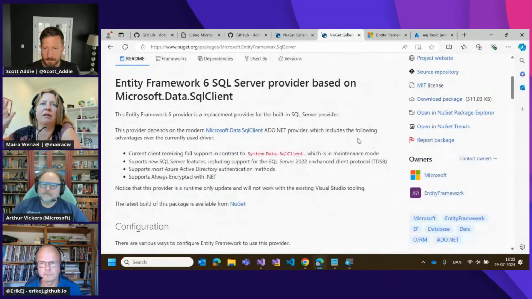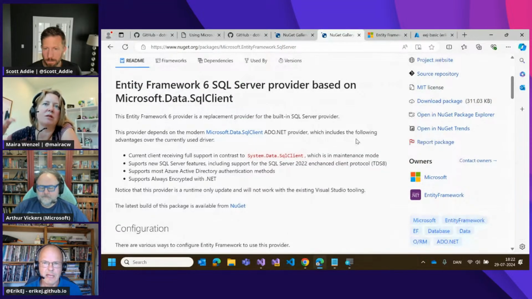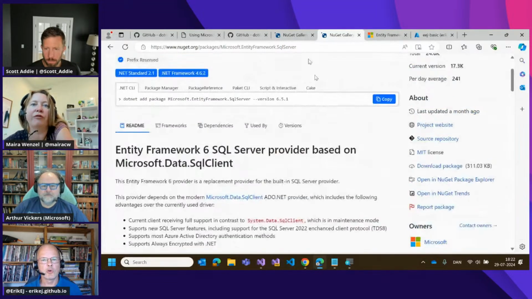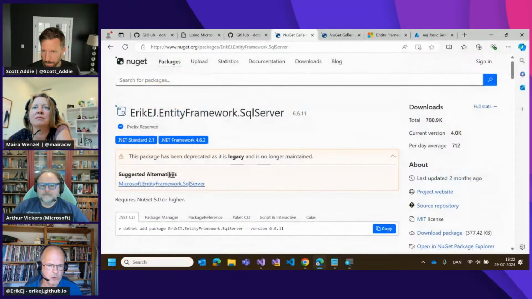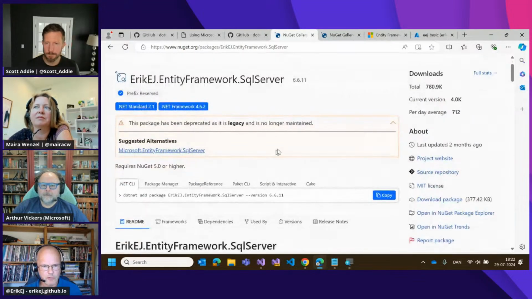But it has a lot of the existing code from your previous package. So it's not just packaged as an official one. If you look carefully, I've actually deprecated this package and suggest the new one as an alternative. So I think a lot of people are still in the process of moving away from this one because now they get warnings.